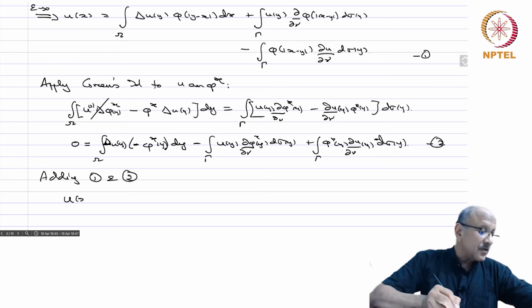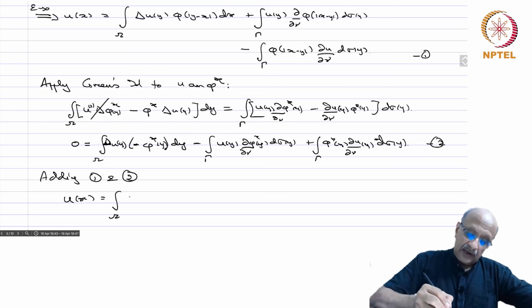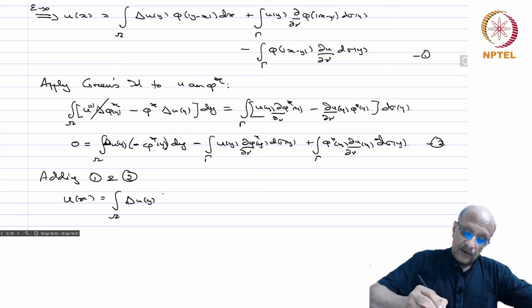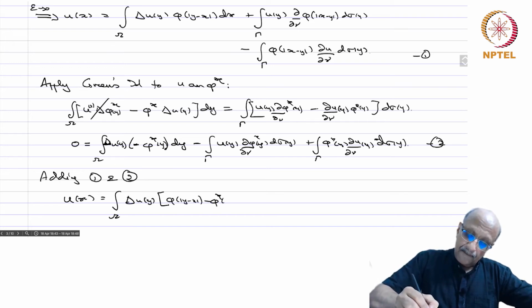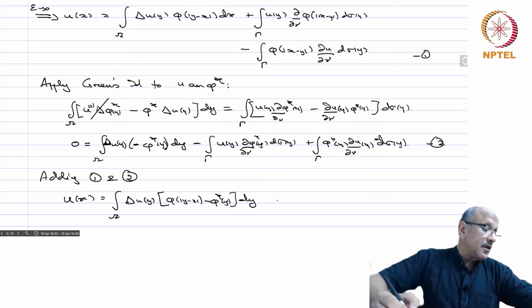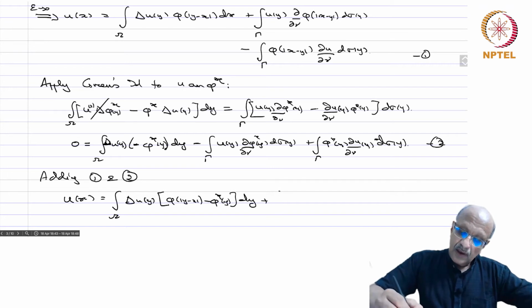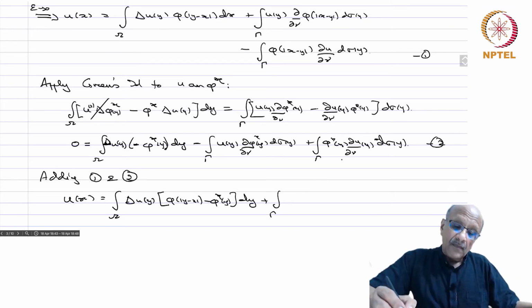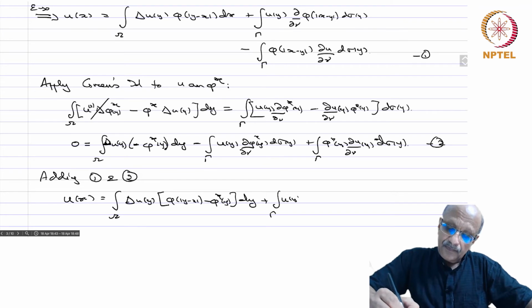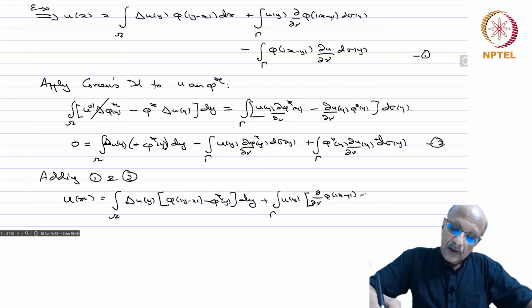So, you get u(x) equal to the integral on Omega of delta u(y) into phi(|y - x|) minus phi^x(y) dy, and then plus the integral on Gamma of u(y) into d/d nu of phi(|x - y|) minus phi^x(y), so d/d nu of all this, into d sigma_y,